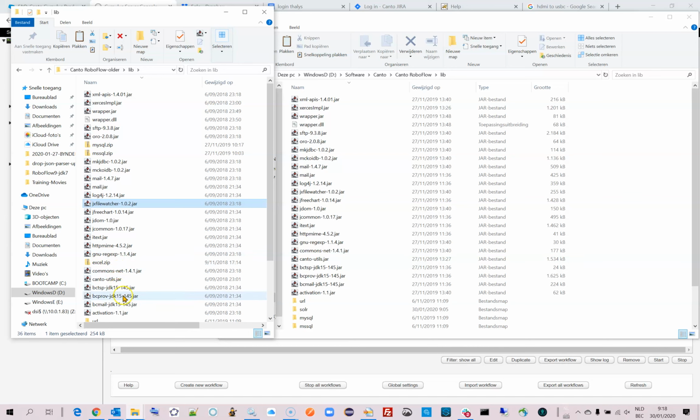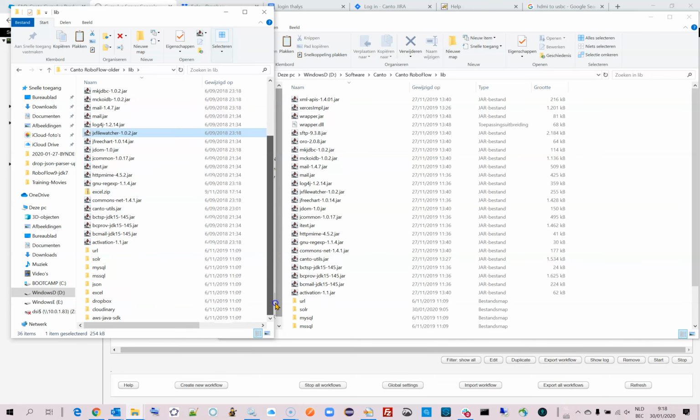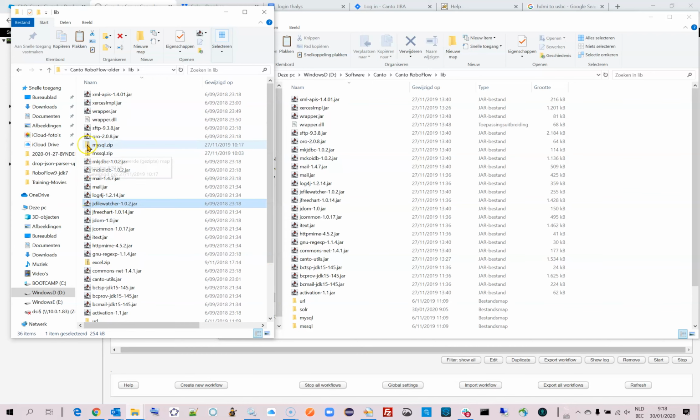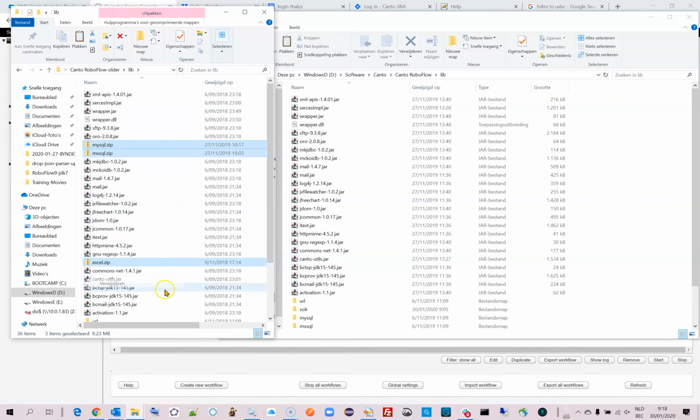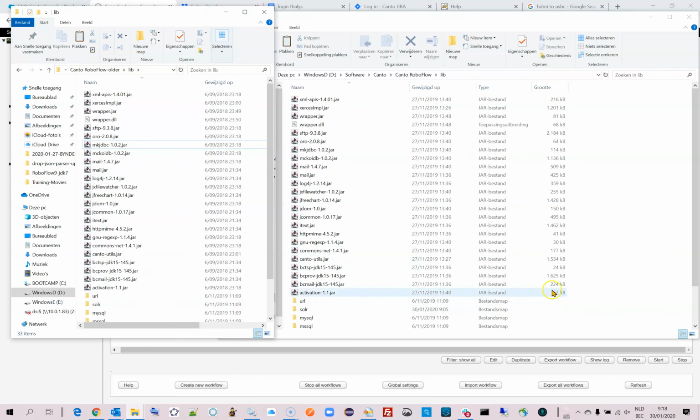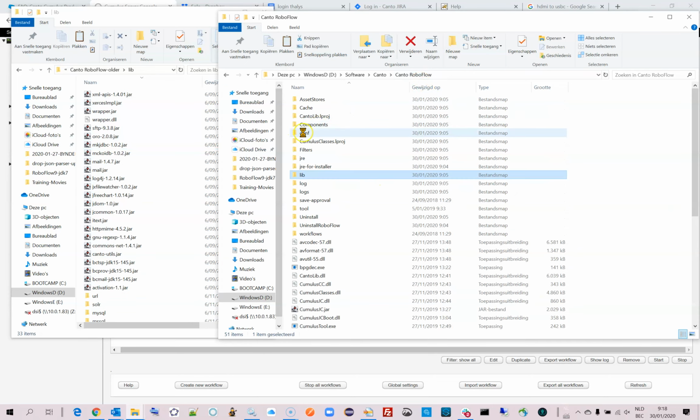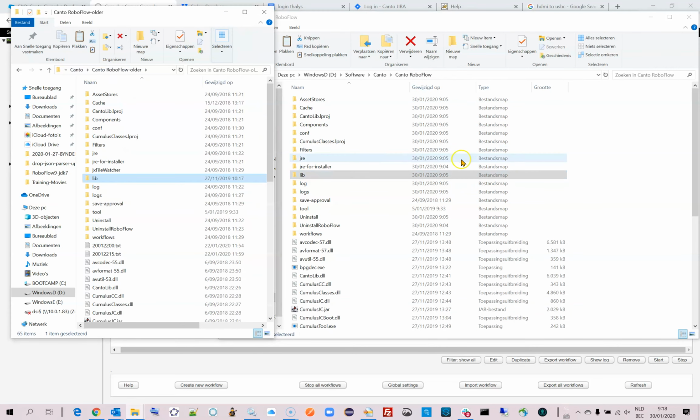Usually when I add those kinds of things, I try to put them in a separate folder. That gives you the certainty that that will not go wrong. I could throw these away actually, just to make the comparison a little bit easier. And you can see that now I have exactly the same library. So the final part was a little bit more work, a little bit tricky, but this is the safest way